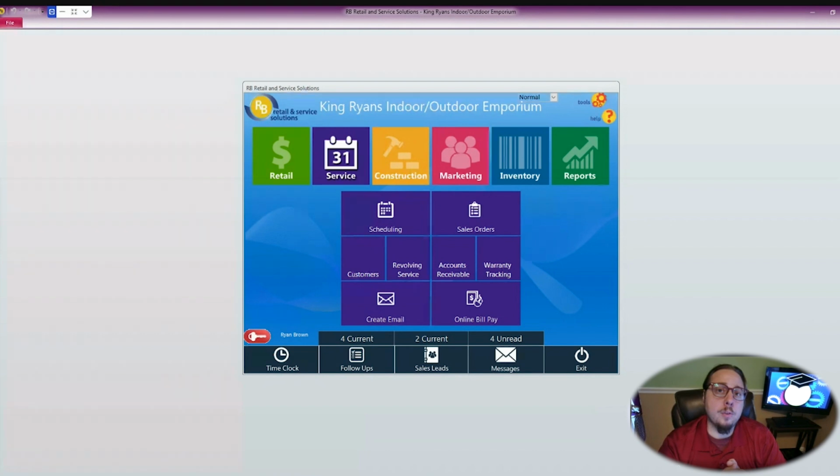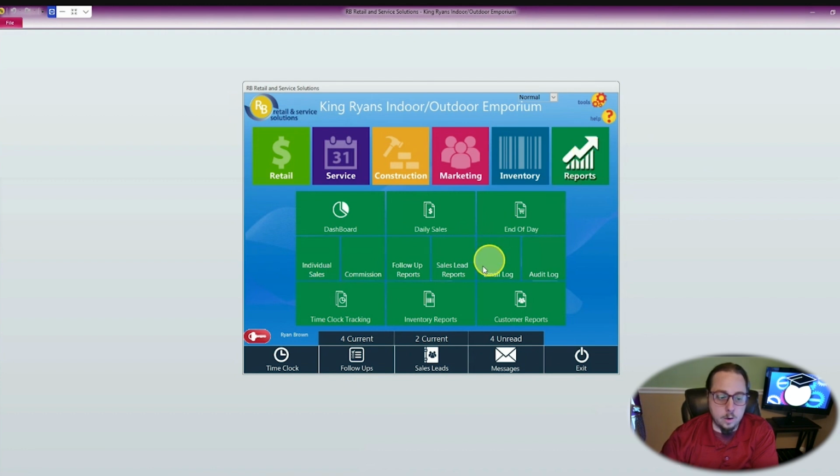And I'm in a different situation with my demo than you are with your stores, because I don't always run a tremendous amount of transactions. So this morning, I ran some transactions so that my report actually has some data. Because the last thing that I wanted to do was to be pulling reports for you and not have anything to show you. So I have some generic data that's already put into the reports,